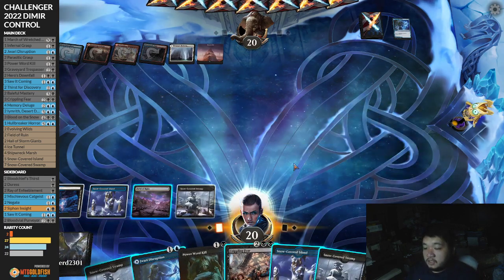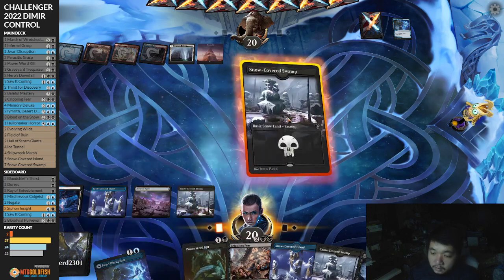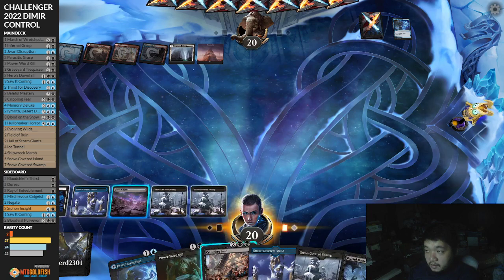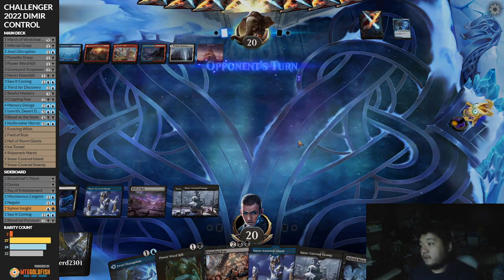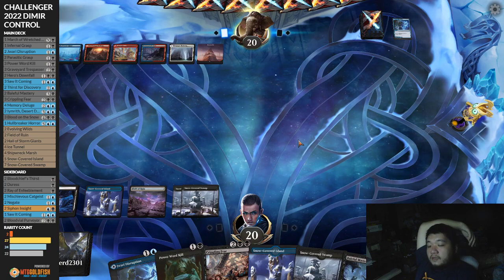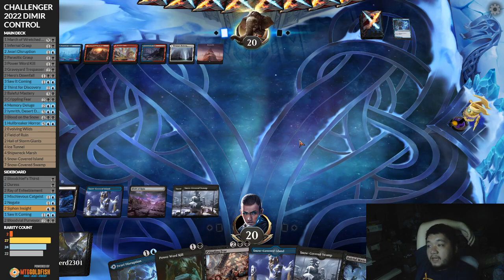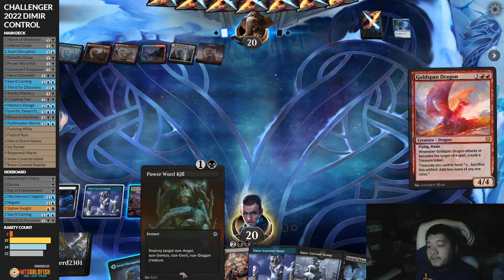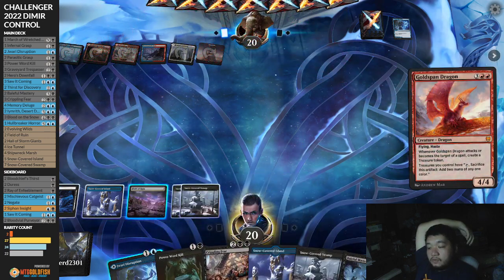Opponent did this Jwari Disruption. Opponent is kind of now in the zone, now has to feel like they need to cast spells. Also, Goldspan Dragon. Okay, so